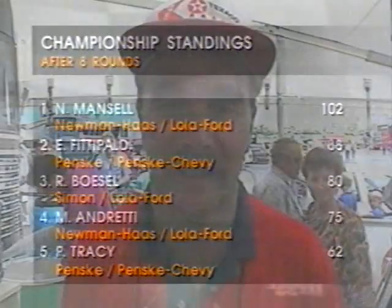I think we had quite an exciting race in the lead, second, and then fighting for second like crazy with Emo, and just being beaten at the end by the Penske chassis and Emo. We've definitely got to play some catch up with the Lola car. The Penske team has done a fantastic job, and their car's working really well. I hope you enjoyed it, and you'll catch up with us in Toronto next